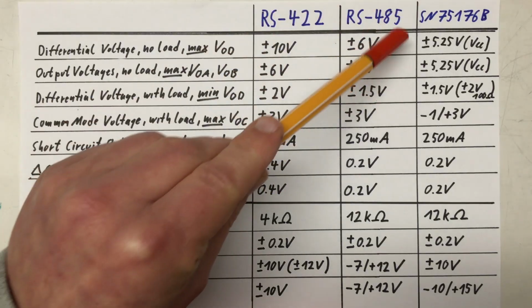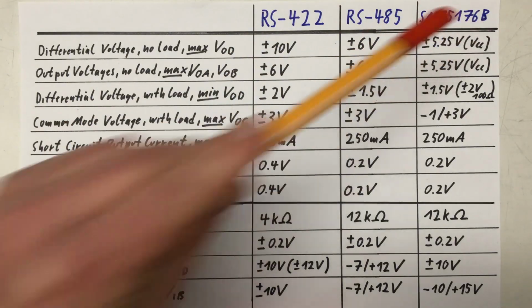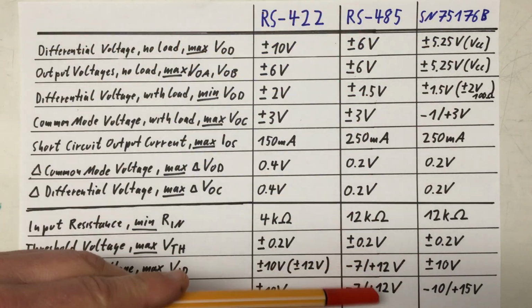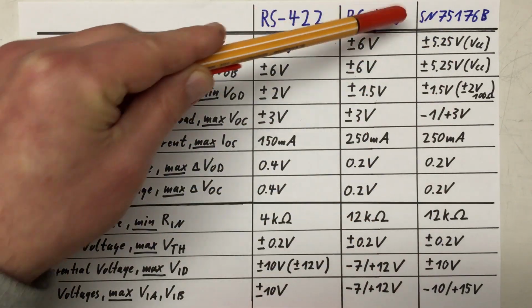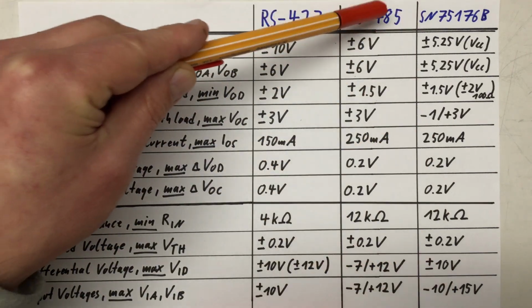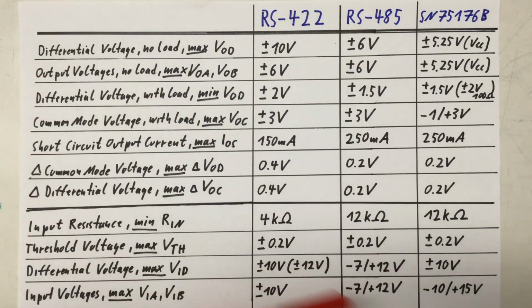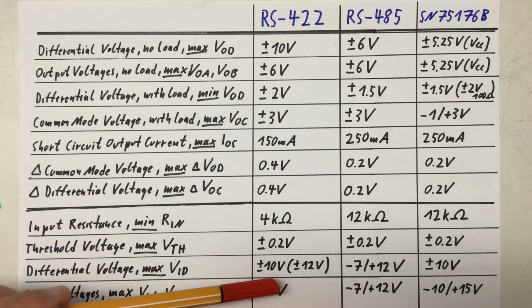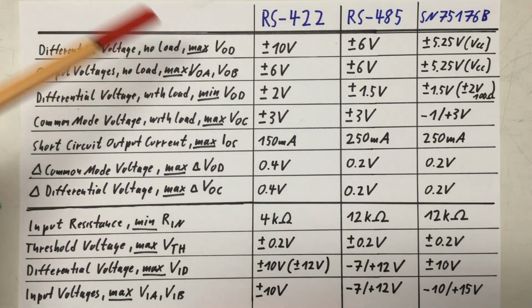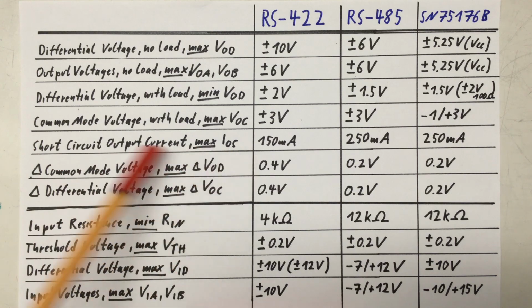So our little SN75176B meets or exceeds all requirements for RS-485, and it exceeds the RS-485 requirements in a way so it also covers the RS-422 requirements, with one exception: